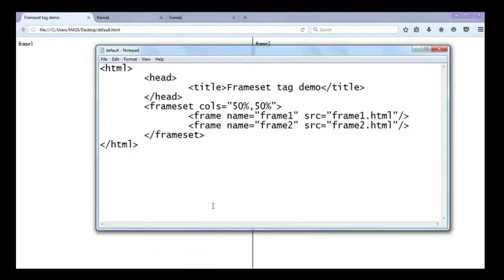In the previous tutorial, we understood that normally browsers display only one web page at a time. It is possible to display more than one web page in a browser window at a time by dividing the body section into different frames. To divide the body section into different frames, we need to take help of the HTML frameset tag and the HTML frame tag. To use the frameset tag, we need to omit the body tag. In place of the opening body tag, we write the opening frameset tag, and in place of the closing body tag, we write the closing frameset tag.